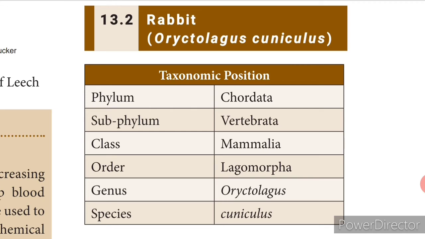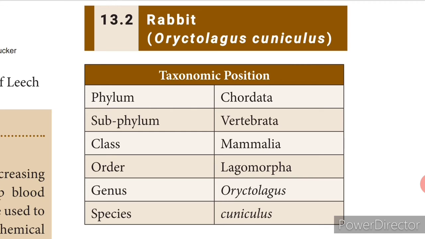The color will be sometimes white or a mixture of black and white, and the body is covered with fur. This serves to keep the body warm, and the body is divided into head, neck, trunk and tail. The mouth consists of the upper lip and the lower lip. It has 2 nostrils, and it has the external ear, that is, the pinna, at the top of the head. The neck connects the head and the trunk, and it is movable, and the trunk is divided into the thorax and the abdomen, and in females nipples are present between the thorax and the abdomen.